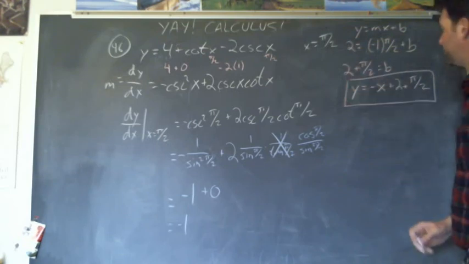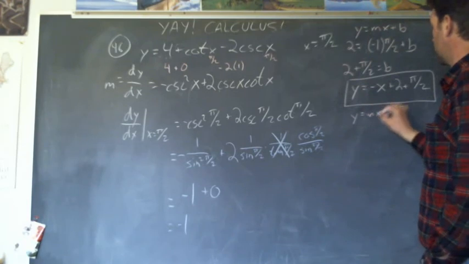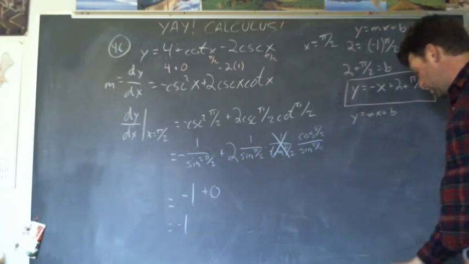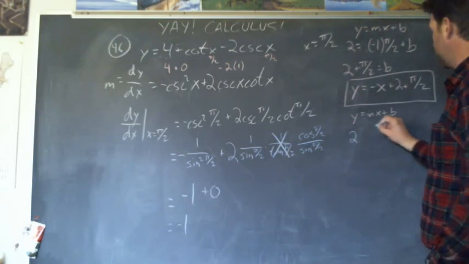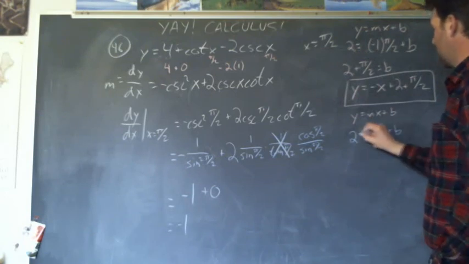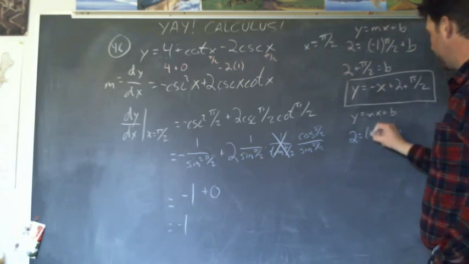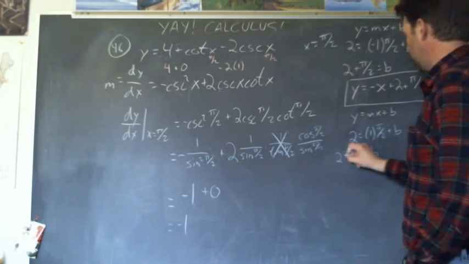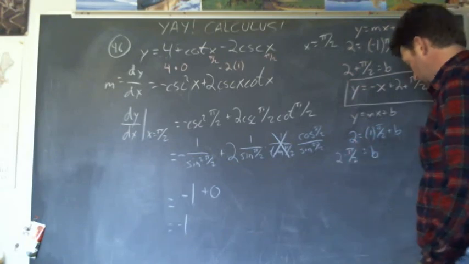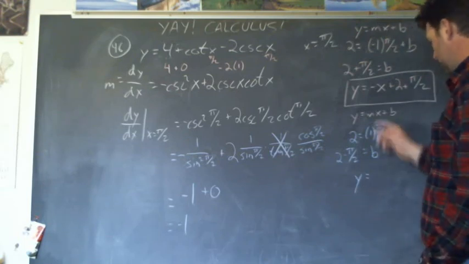Equation of our normal line. Another y equals mx plus b. Has the same coordinates, so the y still equals 2, the x still equals pi over 2. Our slope is the opposite reciprocal of negative 1, which is positive 1. So that means that our b in this case is going to be 2 minus pi over 2. And the equation of our normal line, y equals positive 1x